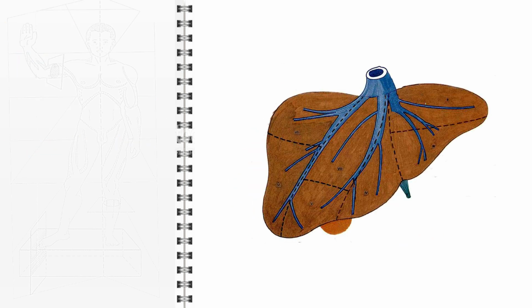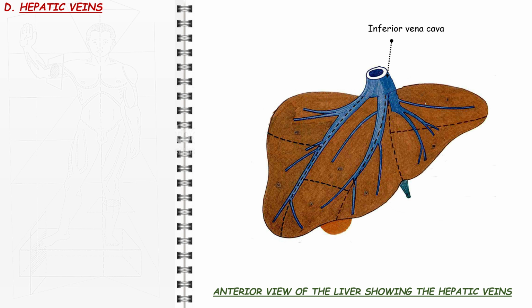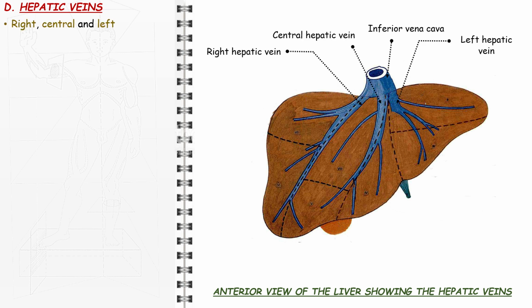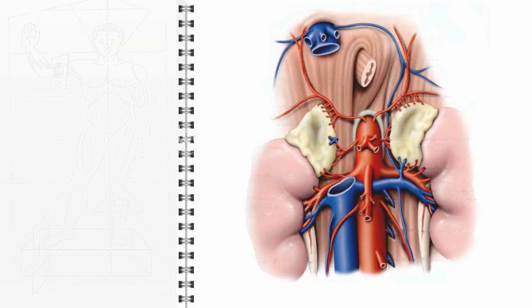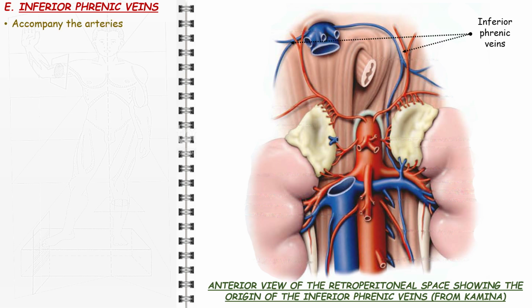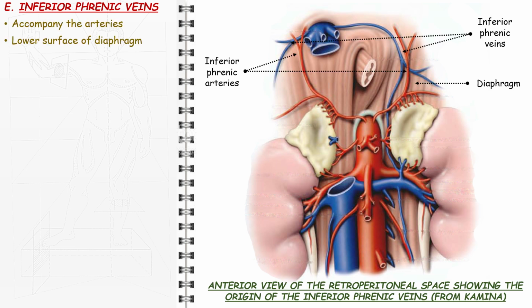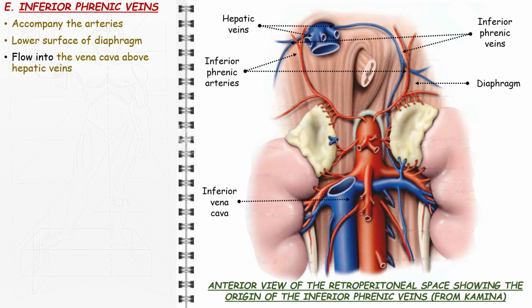The 3 main hepatic veins, right, central and left, and several accessory hepatic veins enter the vena cava as it lies in its groove on the back of the liver. The hepatic veins have no extrahepatic course, being completely engulfed in liver substance and hence easily forgotten when trying to recall the vena cava tributaries. The inferior phrenic veins accompany the arteries on the lower surface of the diaphragm and normally join the vena cava just above the hepatic veins, but the left vessel may join the left renal or suprarenal vein, or even be